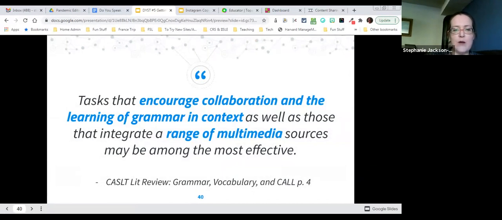So when we're talking about learning content or learning grammar, the research is pretty clear that collaboration and context are key. In order for students to learn grammar, it's much more effective if what they're learning is in context. So it's in some kind of real life task that has them collaborating with each other, as well as that range of multimedia. That's going to be the most effective when we're trying to get students to learn how to use